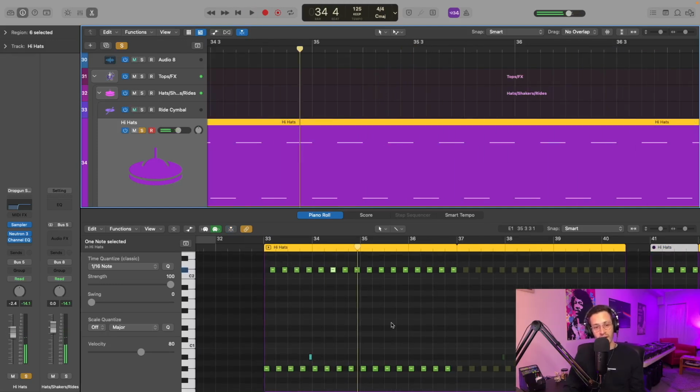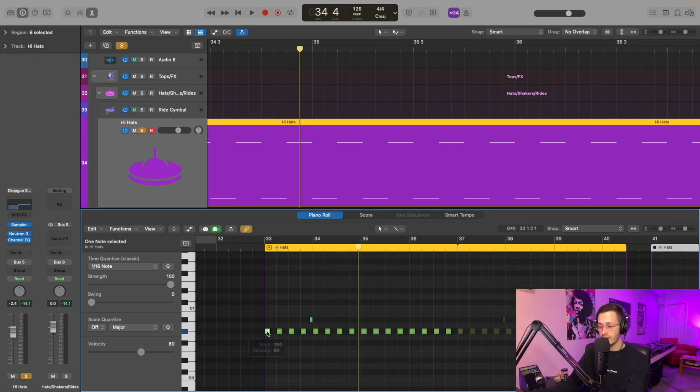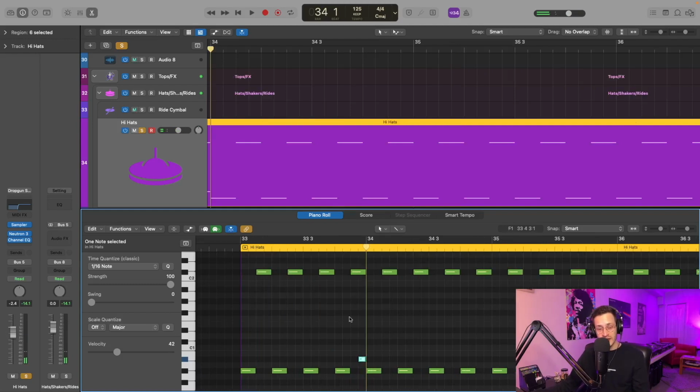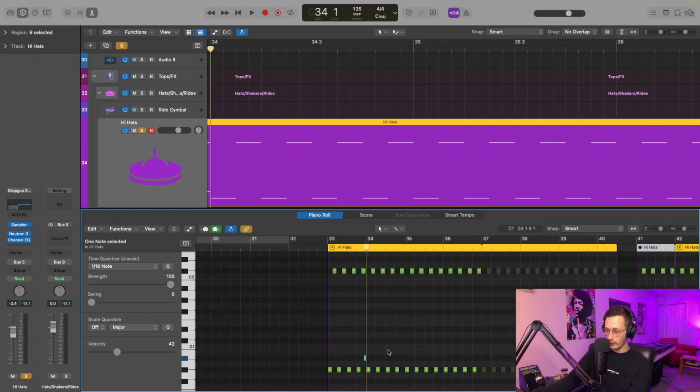And notice how that open hi-hat isn't really crossing over into the next beat, it's just falling short and making sure that that space is available. We have the closed hat here on the downbeat just to give some extra texture to the kick, so long as it's sidechained as well. And then we have an offbeat closed hat right here that's happening every 4 bars